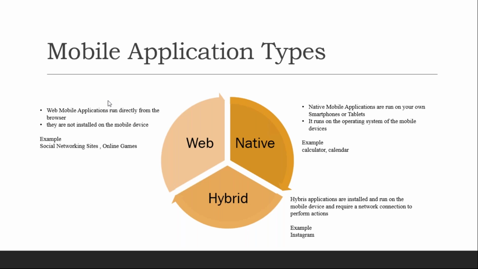So basically we have come to understand that in the mobile world there are three types of mobile applications: native, hybrid, and web. Native apps are, say, calendars, calculators. Hybrid is a combination of web and the native. Web is a browser activity. In browser, whatever application you are launching, that is a mobile application type. Any question, guys, in this?